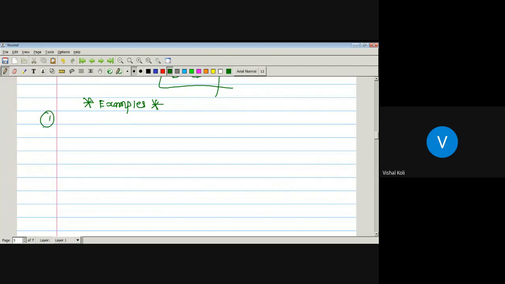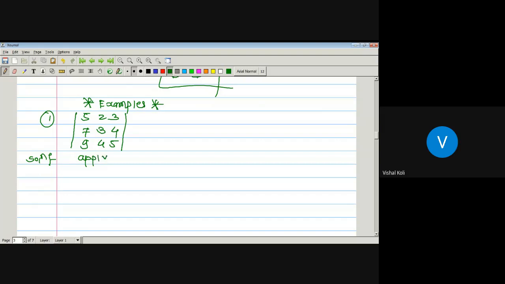First one, 5 2 3. First row as 5 2 3. Second one as 7 3 4. And last one as 9 4 5. Okay, now just see its solution.